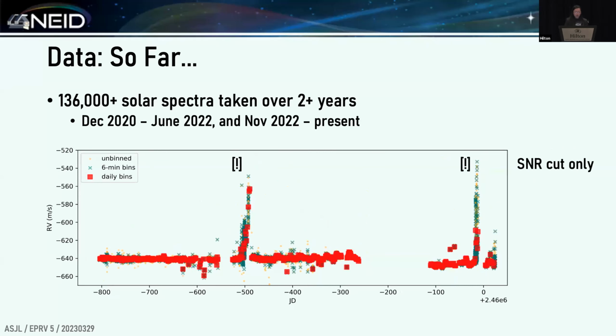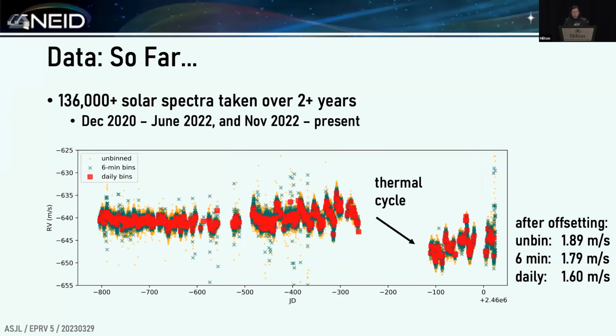If we do an SNR cut, then we see a lot of the anomalous points drop out. They're anomalous because they had very low signal to noise. But we still see these two major disruption events, if you will. Obviously we wanted to figure out the cause of this at the time, and I will actually get to what caused these in a bit. But first, I want to show you that if we take out those two large events, as well as a couple more days where the wavelength solution fell back to a less precise master, et cetera,